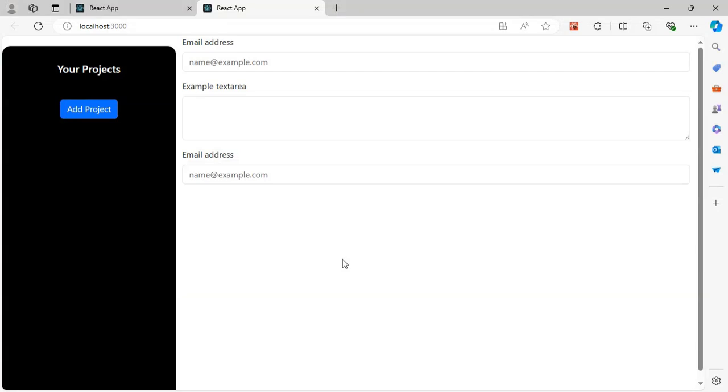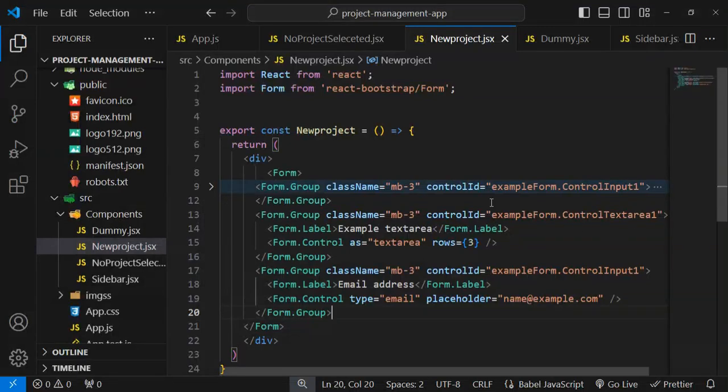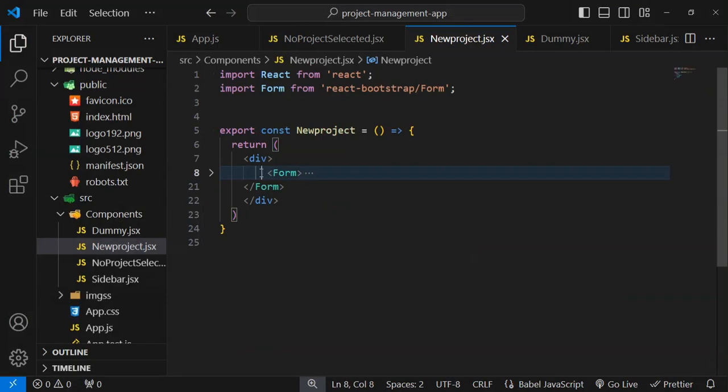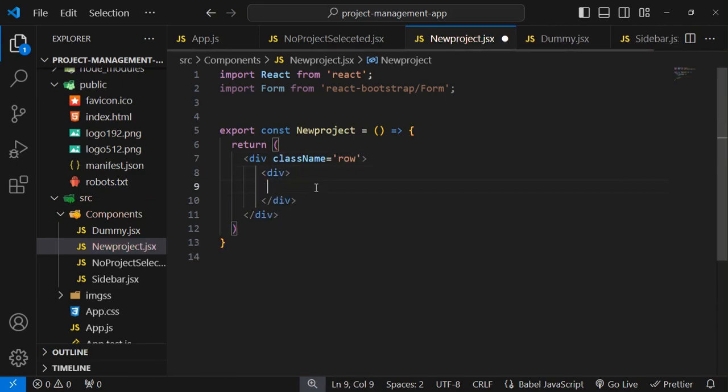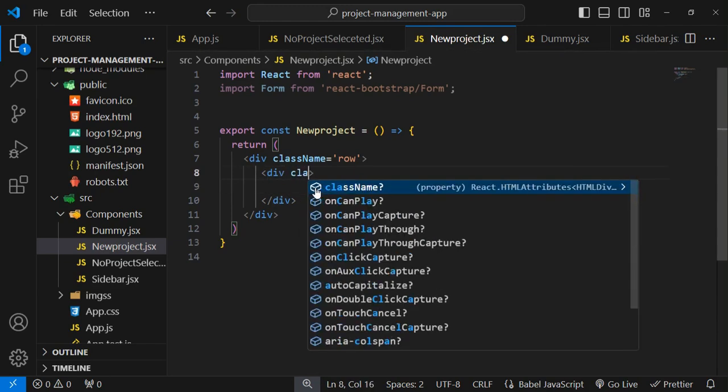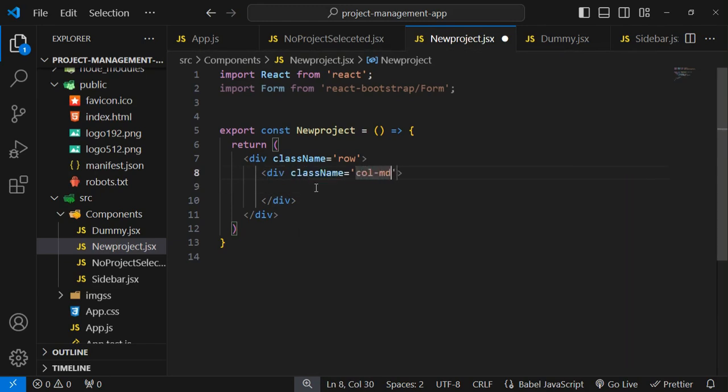Now move to our output, and you can see that it is showing the output here, but I want some gap here and here as well. So how can we have a gap here? Let me crop that again, and here I am going to take class name as row, and inside that row I am just taking a column, class name as column medium device